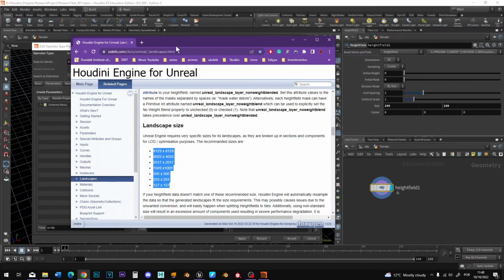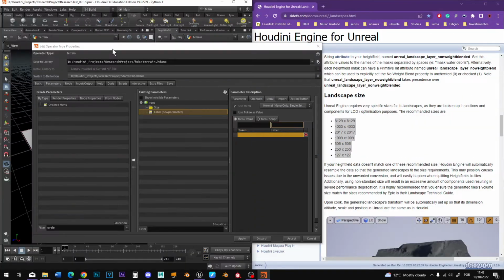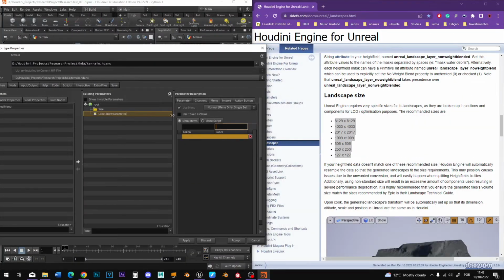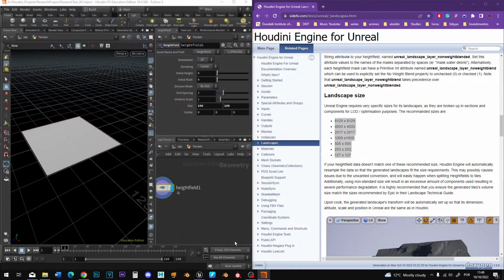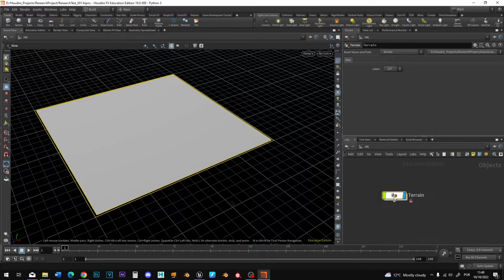So let's take this, put in here, and then we can type here our size. Perfect. So we can use this token as a value, apply, and accept. If we come outside and we click here, we can see our size here,